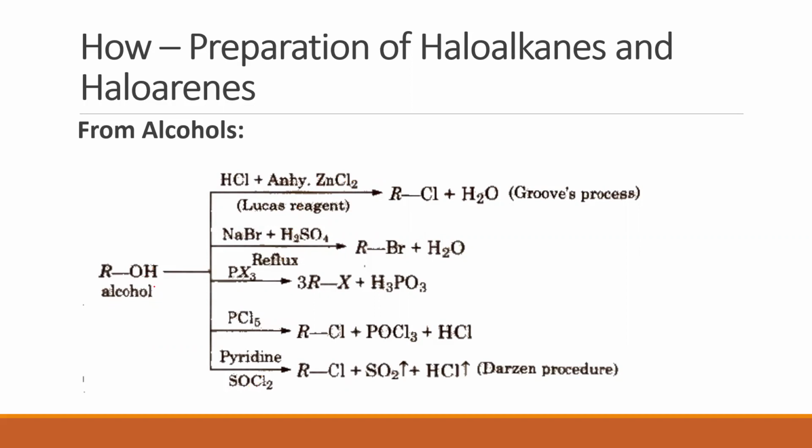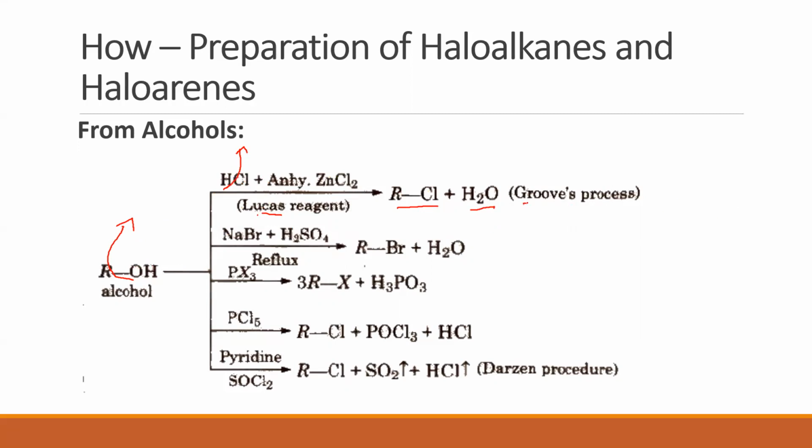Now, in the first case, the alcohol is made to react with HCl in the presence of anhydrous zinc chloride. This reagent is called Lucas reagent. In the presence of Lucas reagent, an alcohol gets converted into an alkyl chloride. Now what's happening here? It's pretty simple. OH goes out with H as water. In place of OH, who's coming in? Yes, Cl is coming in to give us RCl, and H2O is eliminated.